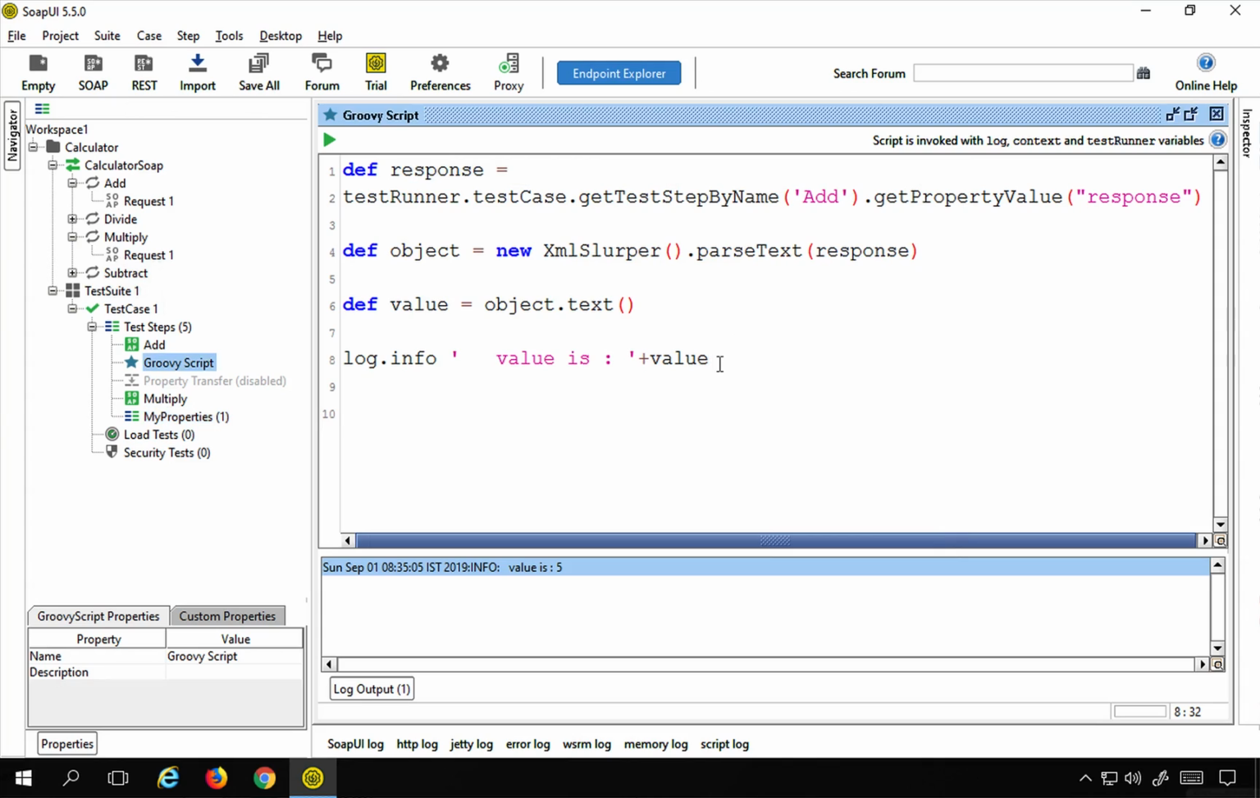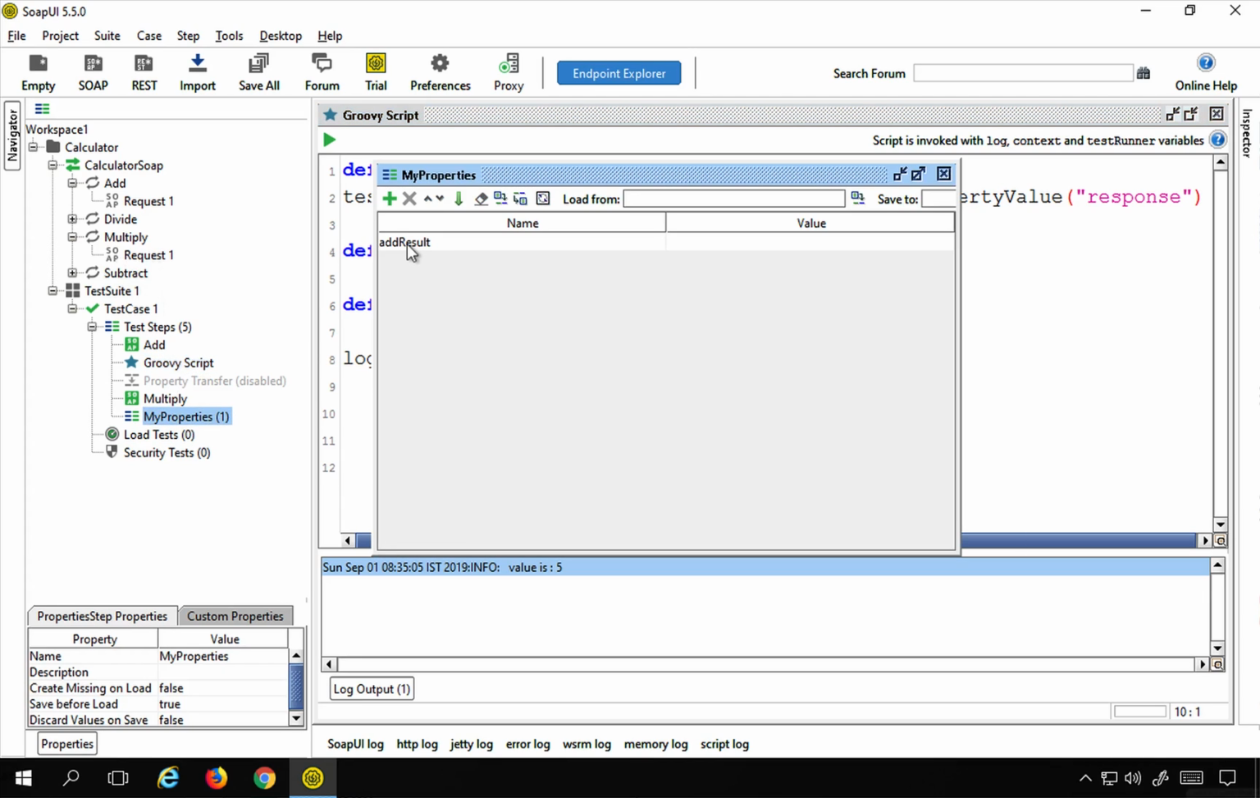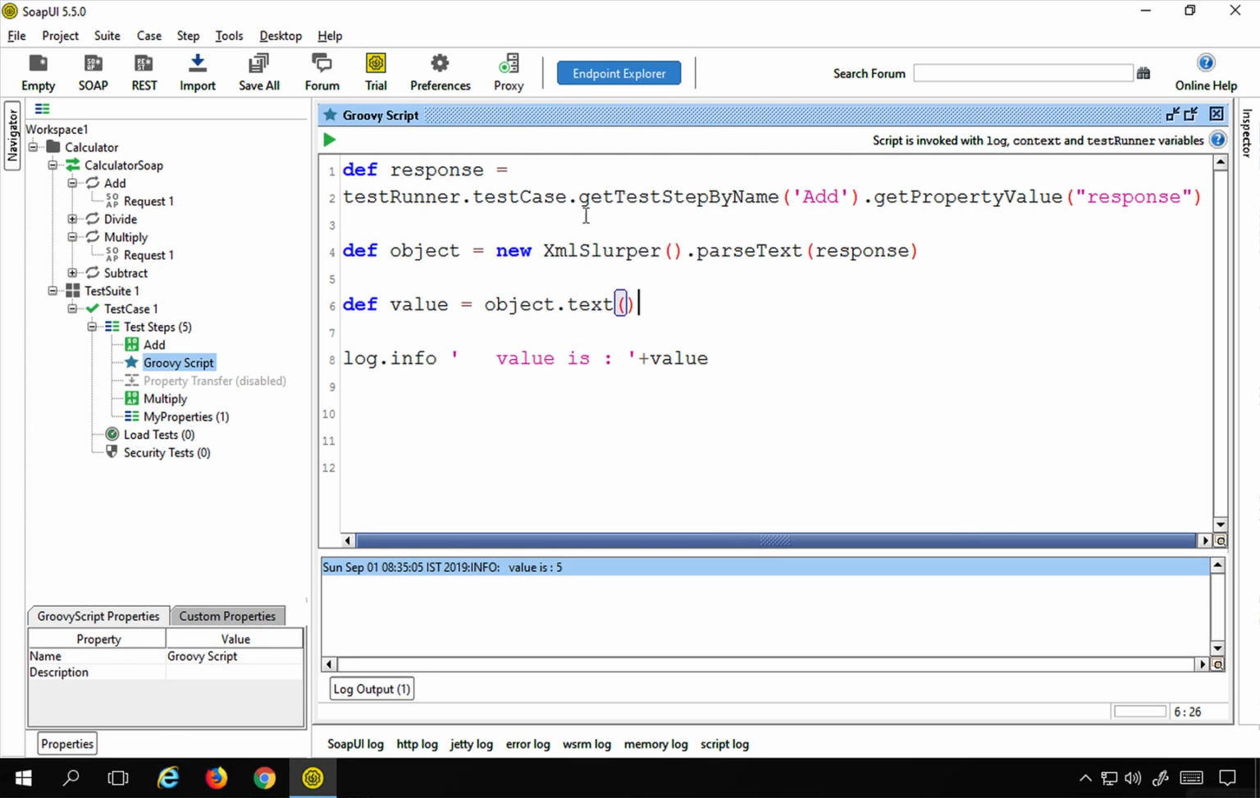Now from here, from this Groovy script, I have to update the value of this add result, and whatever value will come here I will update in the multiply API request. So for updating the property here, I will get hold of this property step, and this is the standard way like we have already seen,